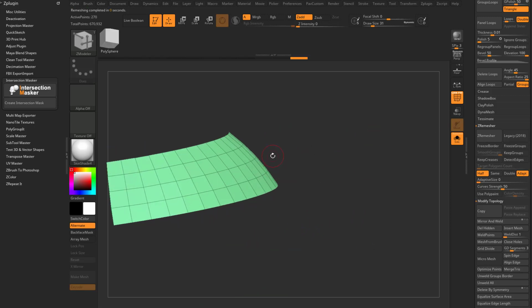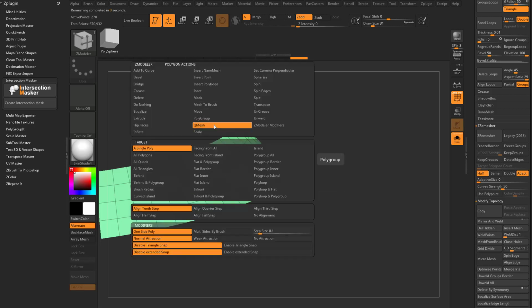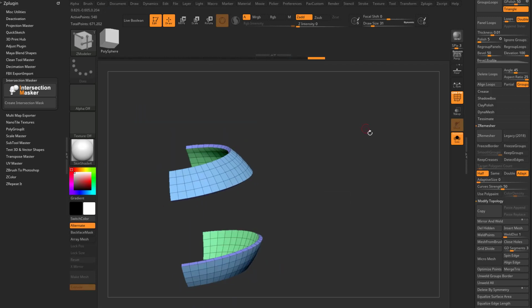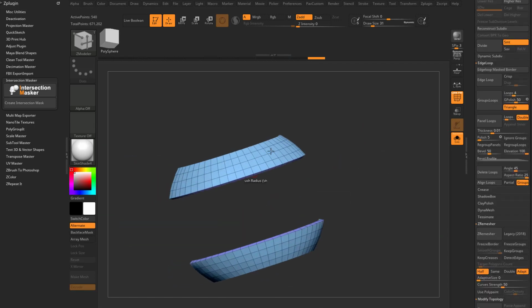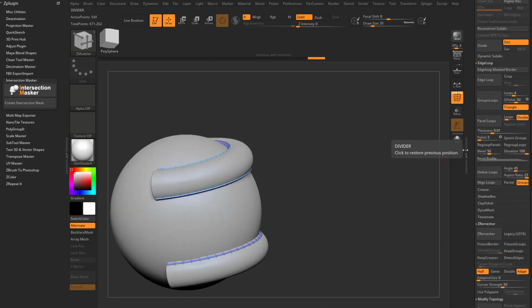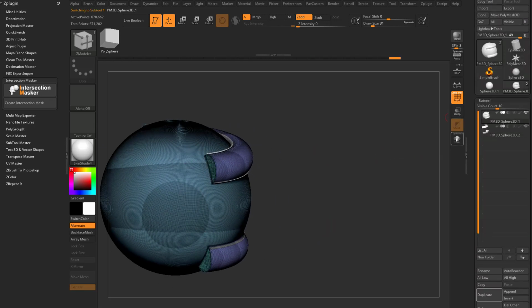geometry that you can go through here now with your ZModeler brush, BZM, hover over face, Cube Mesh, Polygroup All, you know, do whatever you need to do. Of course, you can also do an extraction and stuff like that, but in this case, we went for a nice, clean geometry. So now if I go back up to our original mesh here, let's go back into solo